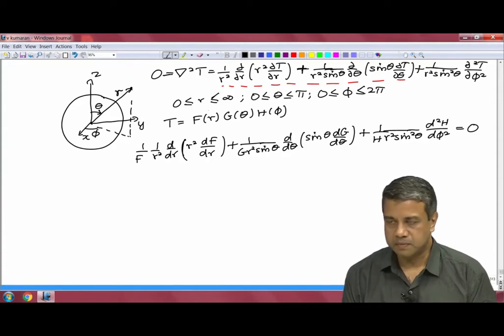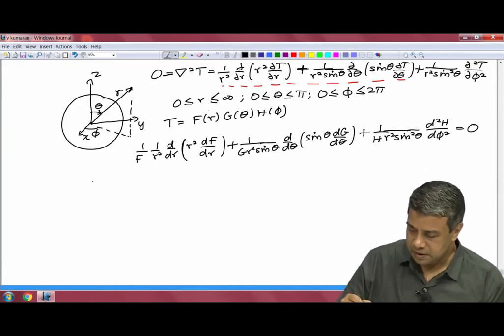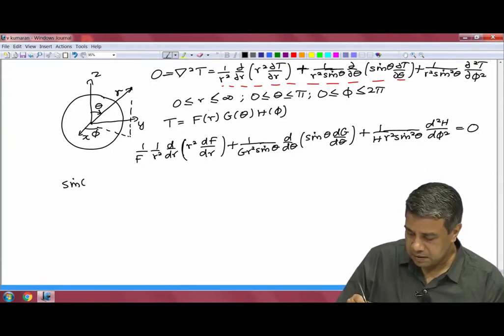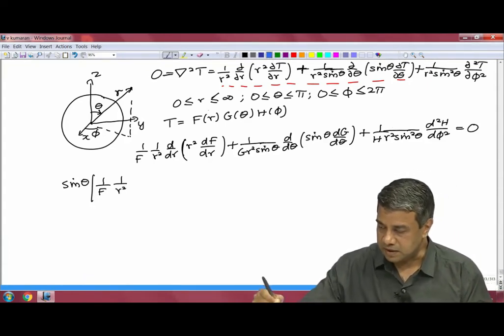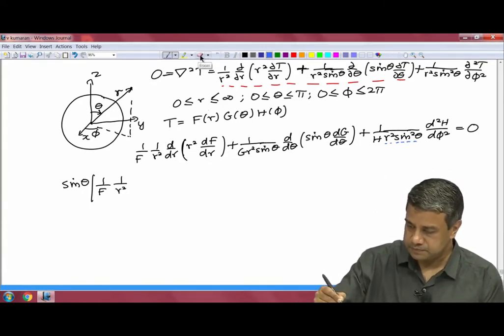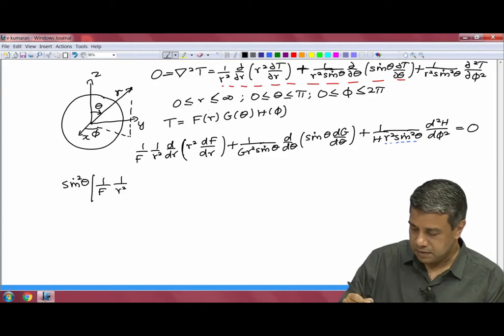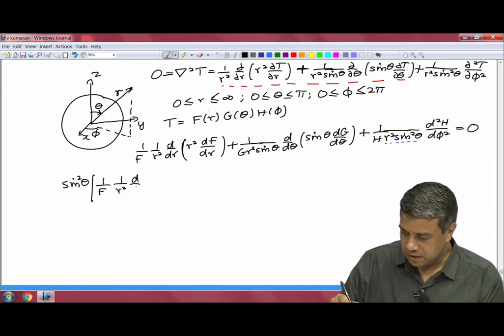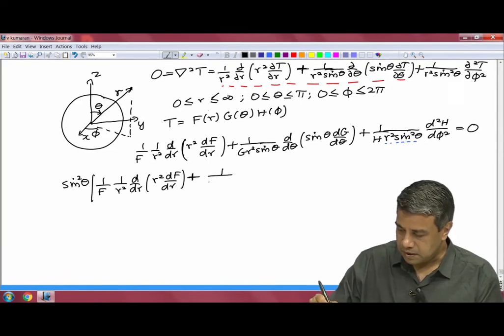You can multiply throughout by r square sin theta. I am sorry, multiply throughout by r square sin square theta. Multiply throughout by r square sin square theta, and I will get sin square theta into 1 by f, 1 by r square d by dr of r square df by dr, plus 1 by g sin theta